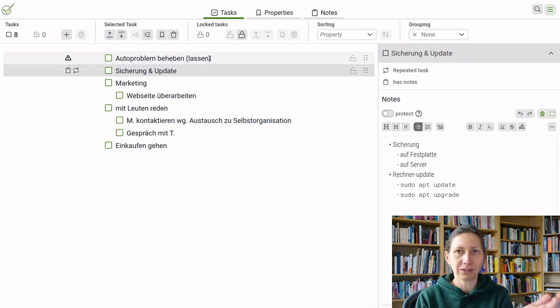So when your list grows, you will see that it's not a lot of fun to go through your list top to bottom every day to see what you have to do, but these things give you a little bit of a hint of where to start and what type of things you have to do.